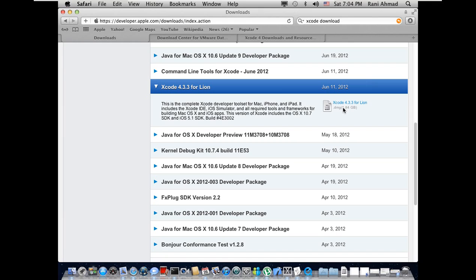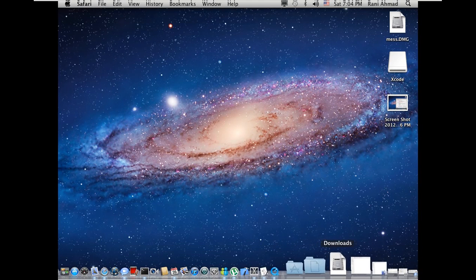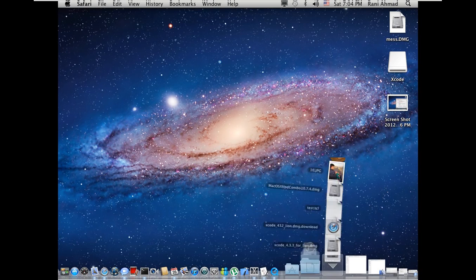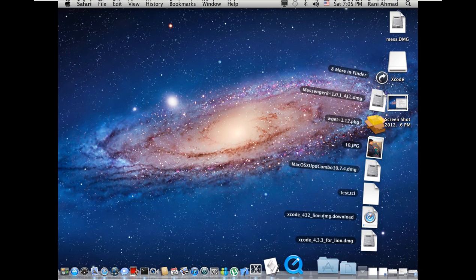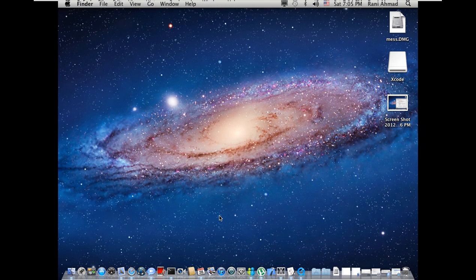Now, I hope you enjoyed it. Now, just the last thing I must mention before I leave, which is after you download the file, now Lion has a folder named Downloads, okay, here, which will list you the Xcode, this one. Now, after clicking on it, it will show you this image here,